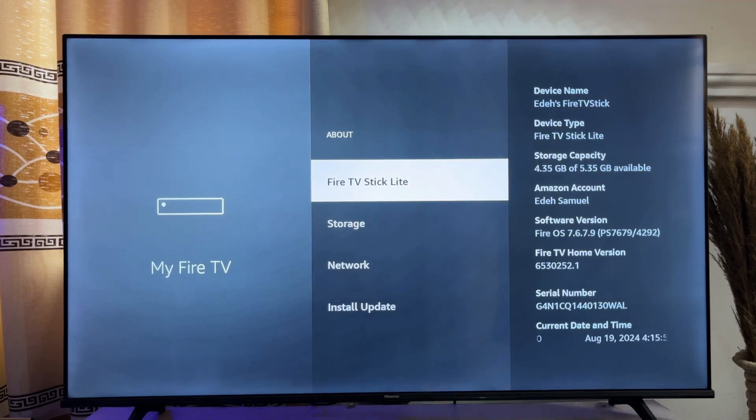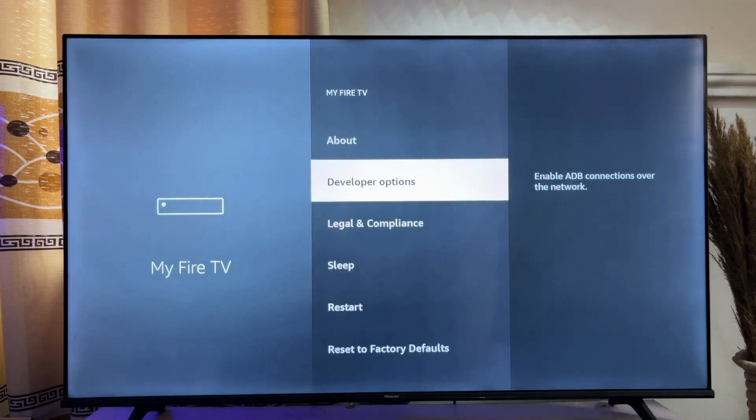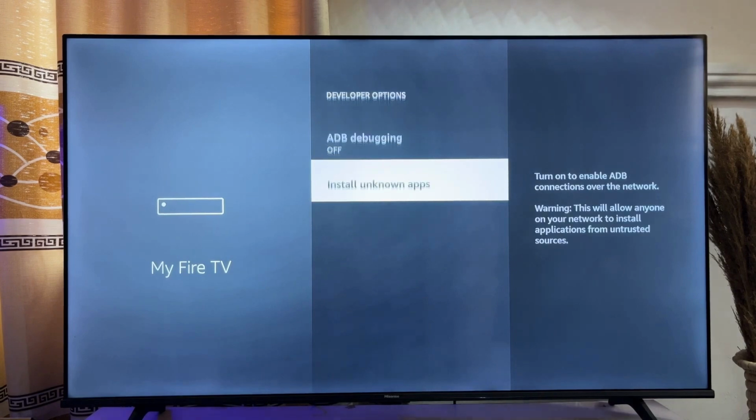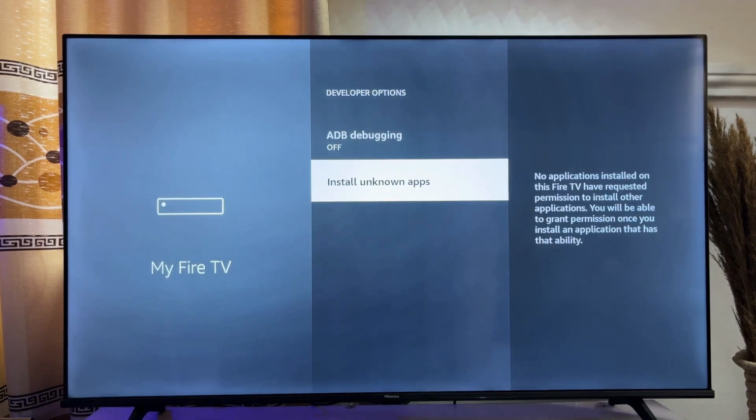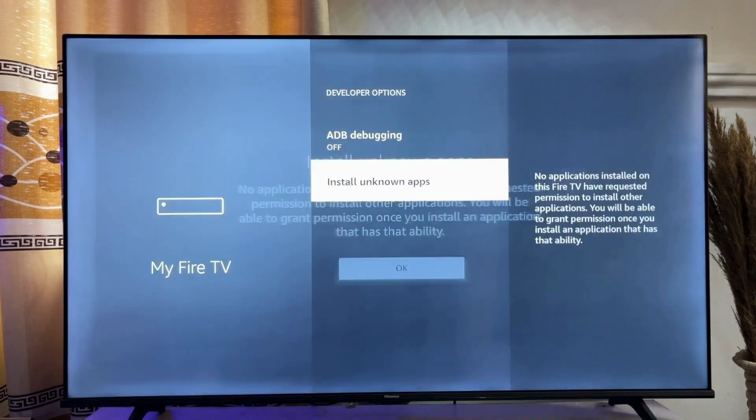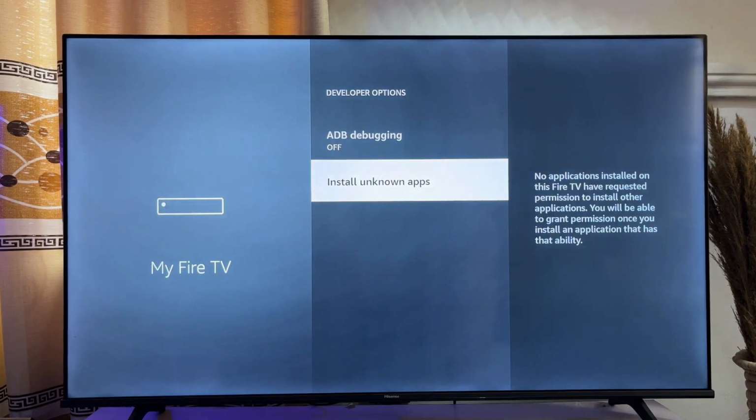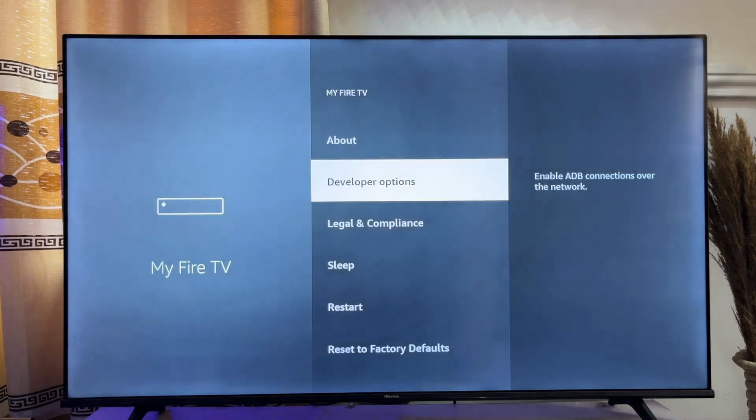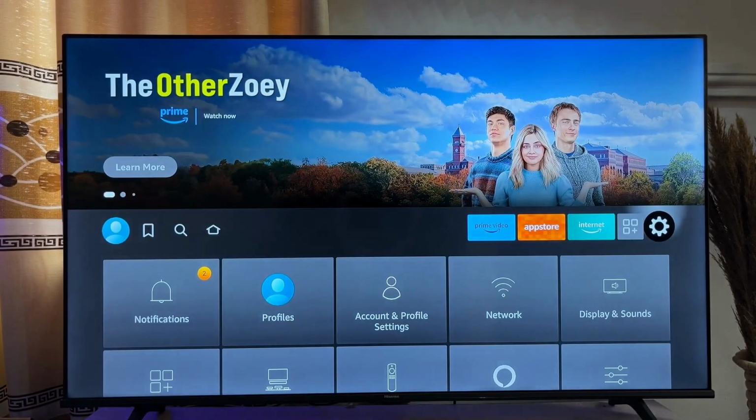Now what you just want to do is to go back. And then you want to scroll down until you get to this Developer Options over here, click on it. And now you want to go ahead and click on Install Unknown Apps. Click on it, and then click on OK. Now you want to exit this settings option, and then you want to go over to the App Store